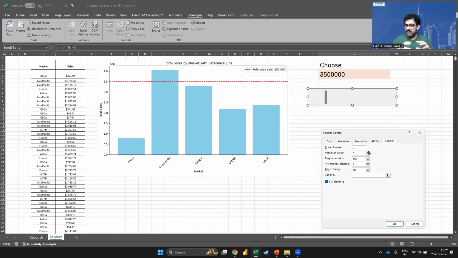Now, see, there is a problem. Scroll bars cannot take a value greater than 30,000. So, what I'll have to do is I will only take 4,000. So, I will say current is 10. Minimum 10. Maximum is 4,000. Increment is 10. Page change is also 10. And the cell link is one cell below it. Why am I selecting one cell below it? Because